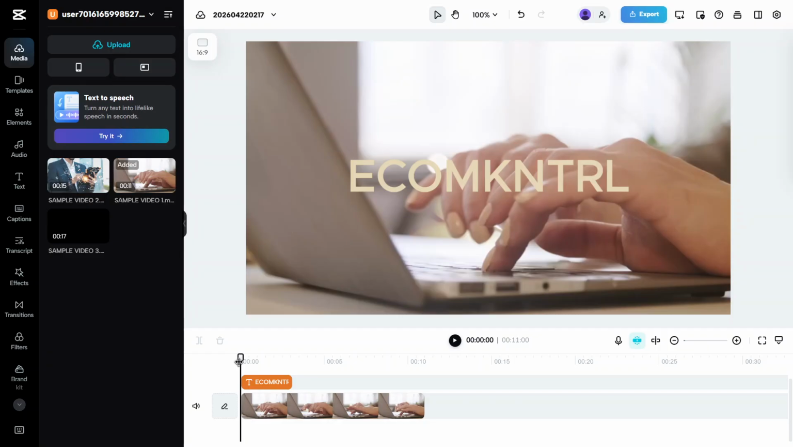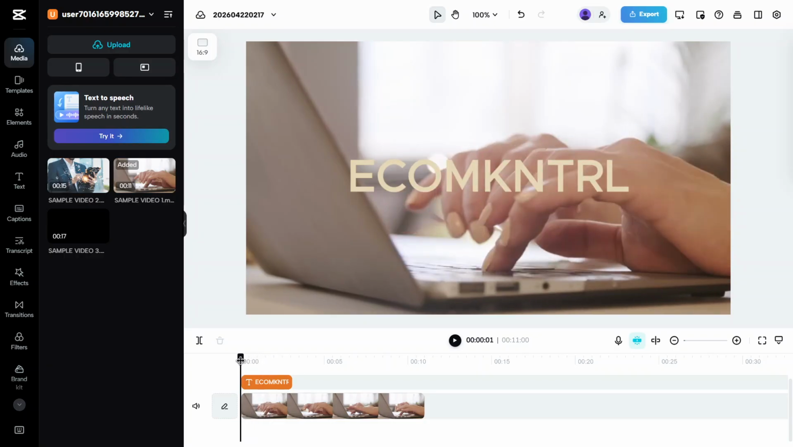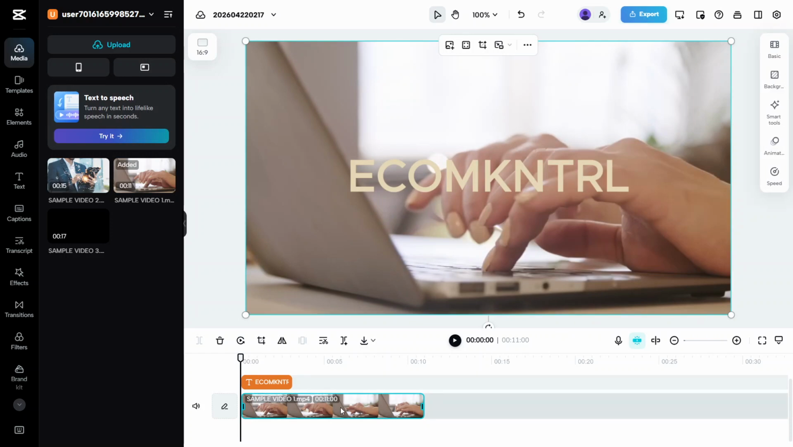First, decide where you want your pan and zoom effect to begin. Click and hold the playhead, then drag it along the timeline until it's positioned at the point where you want the zoom to start. Take a moment to be precise here, because this starting point will define when your animation kicks in. Now, with the clip selected, look to the right side of the screen for the toolbar or panel